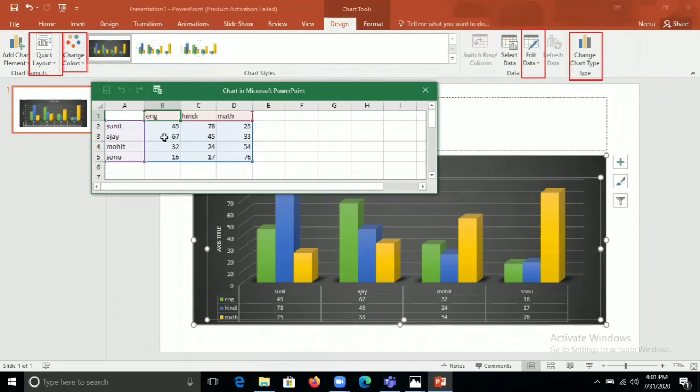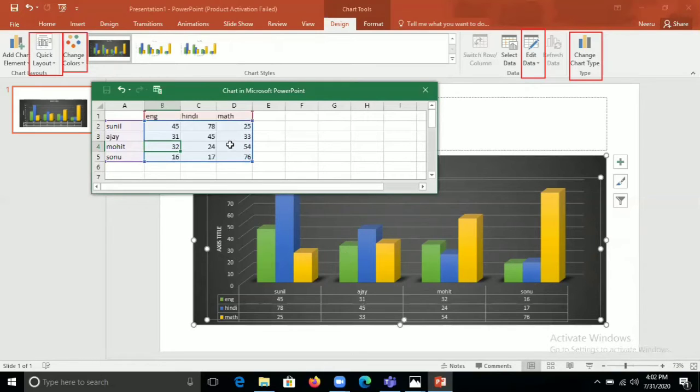If I want to change a value, for example, I am changing Ajay's mark 67. You can see here, this one is Ajay's English mark. I am changing it to 31. You can see here, now Ajay's marks are 31, and in the chart also you can see this is 31.